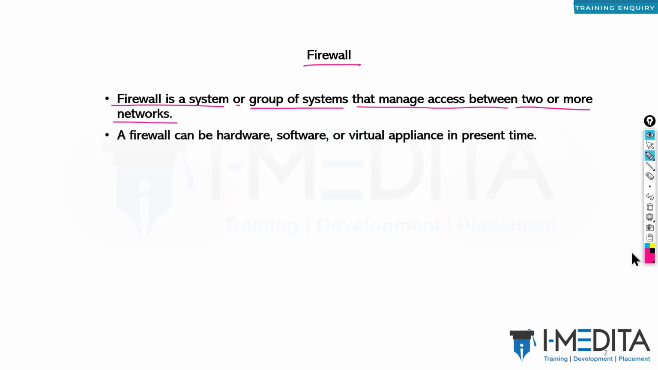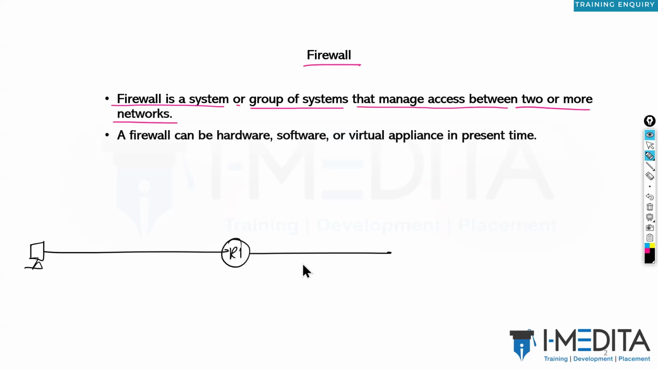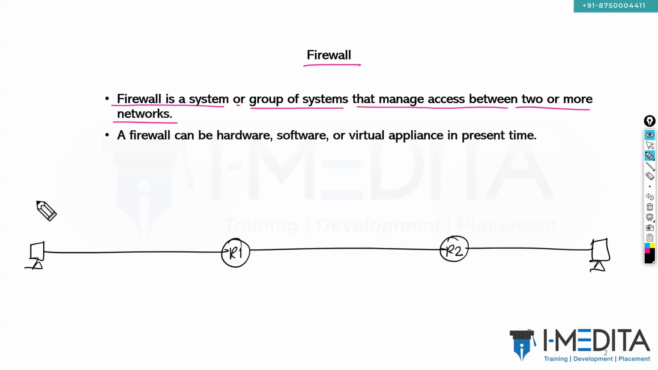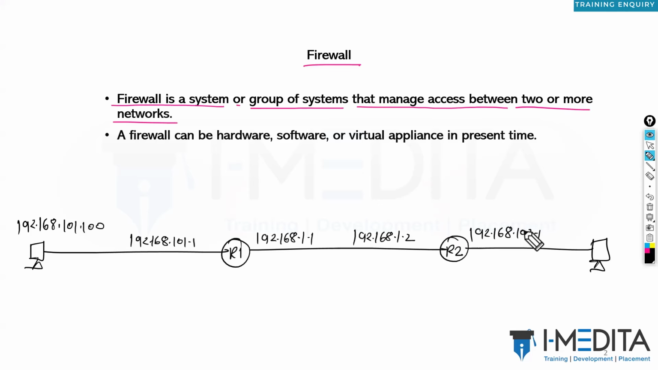Now let's understand it. Suppose we have a PC connected with a router. The router is connected with another router, and that router is connected with a LAN like this. Also, I will mention IP addressing for easy understanding: 192.168.101.100, 192.168.101.1, 192.168.1.1, 192.168.1.2, 192.168.102.1,